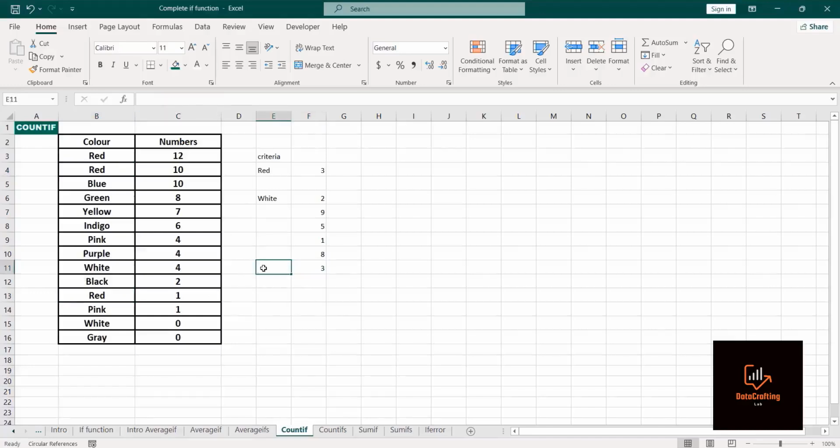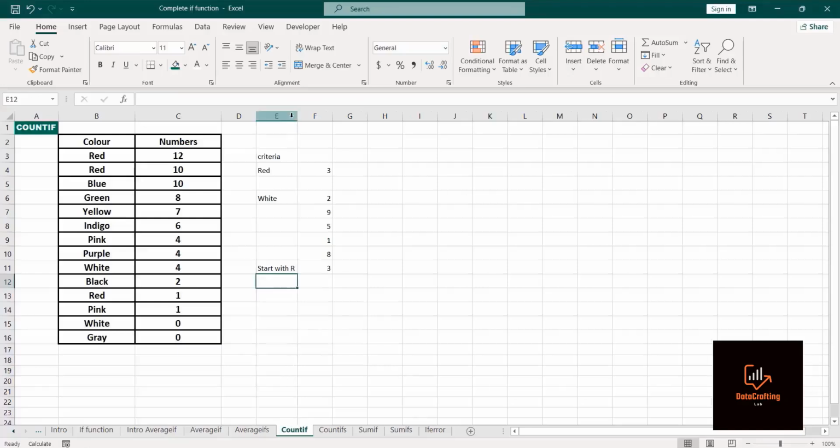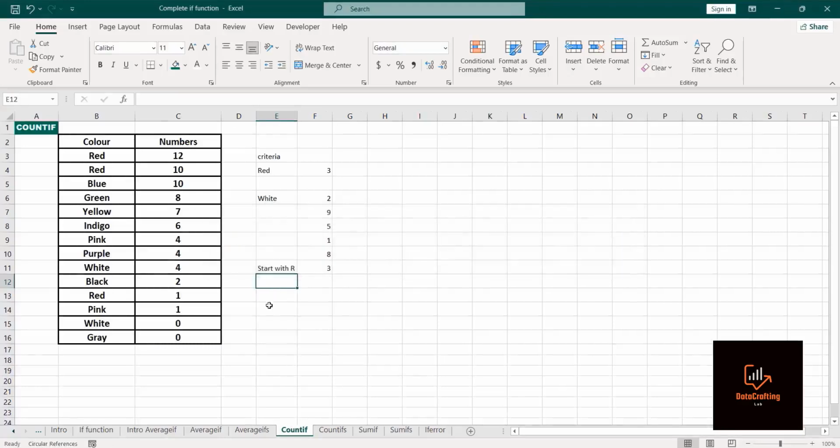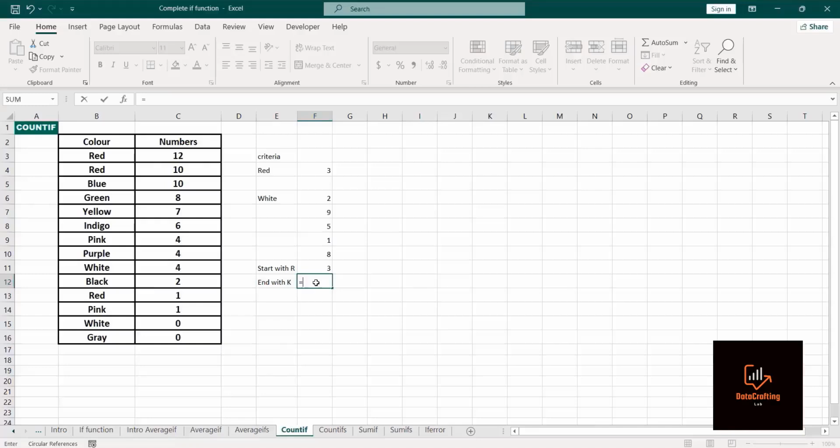Let me put it here: start with R. Let me increase the cell length. Now let's say end with, let's say K. End with K. Now equals to